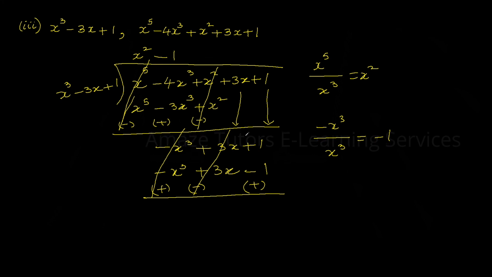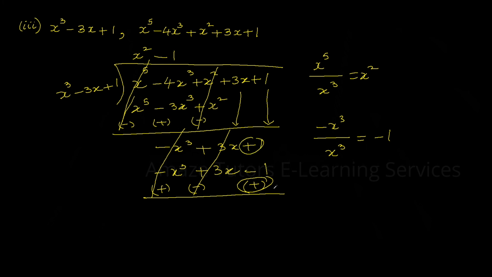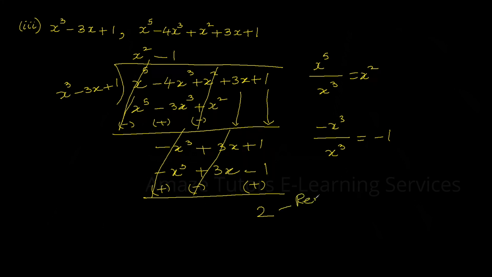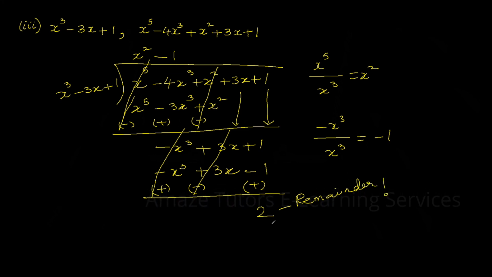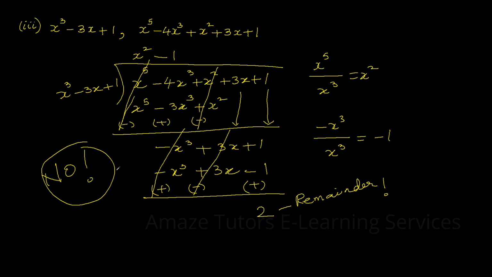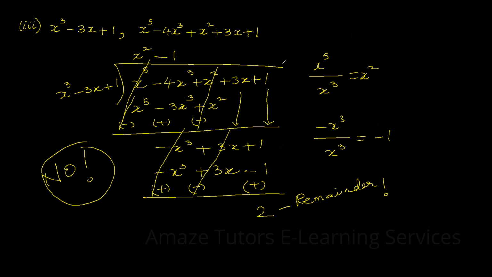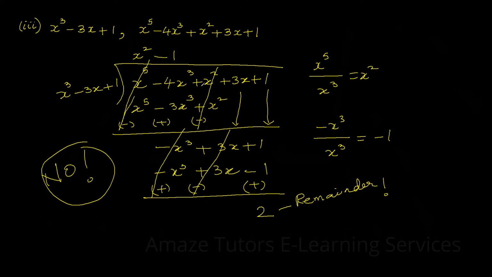Be very careful here. Some students, on looking at this plus and minus, they will cancel them out, but it is wrong. We changed it to plus. So, you have to consider this plus and this plus only. So, it's not getting cancelled. It's positive 2 actually. That is the remainder. Be very careful in such cases, students. As 0 is not the remainder in this case, the answer is no. The first polynomial is not a factor of the second polynomial. This is how you will have to write your final answer.